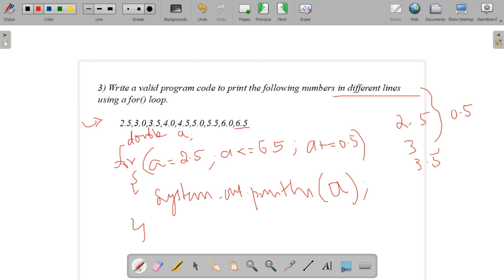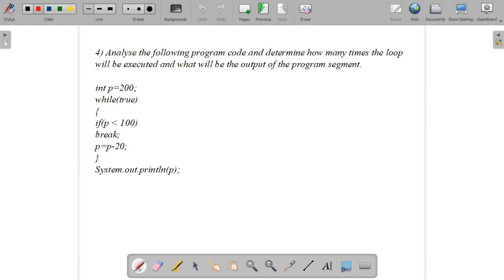So this is the code snippet to print the given values in different lines using the for loop. It's a double data type. Declare the double starting value and end value, give the condition as the test expression, and the increment we are giving is 0.5, and print the value with the println method.